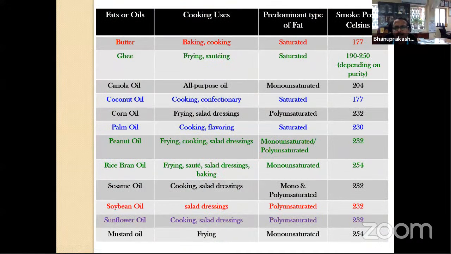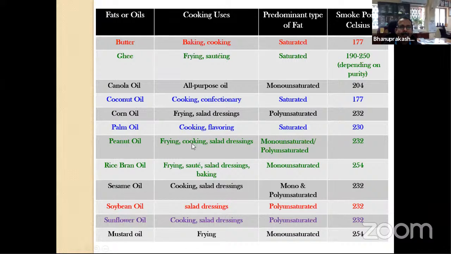So this is another slide for all of you. Also, different oils are good for different purposes. As I said, in diet diversification, changing the oils is also important. Don't take only one type, like sunflower, all the time, which will only give you N6 rich oils, but not N3. Therefore, keep changing your oils.